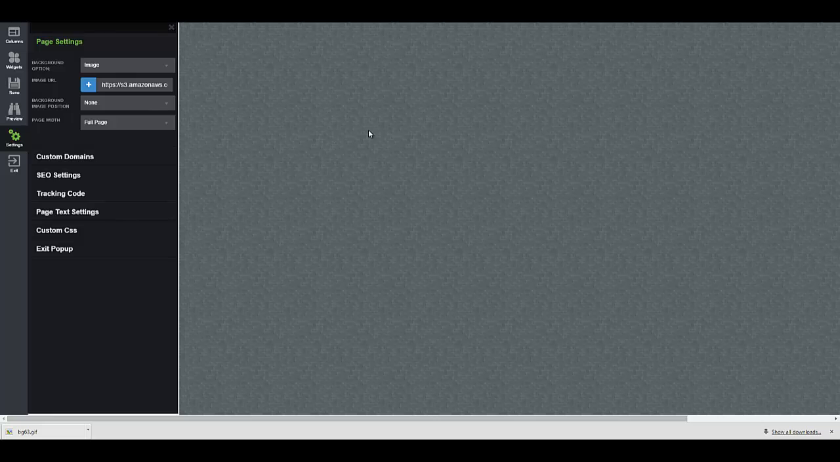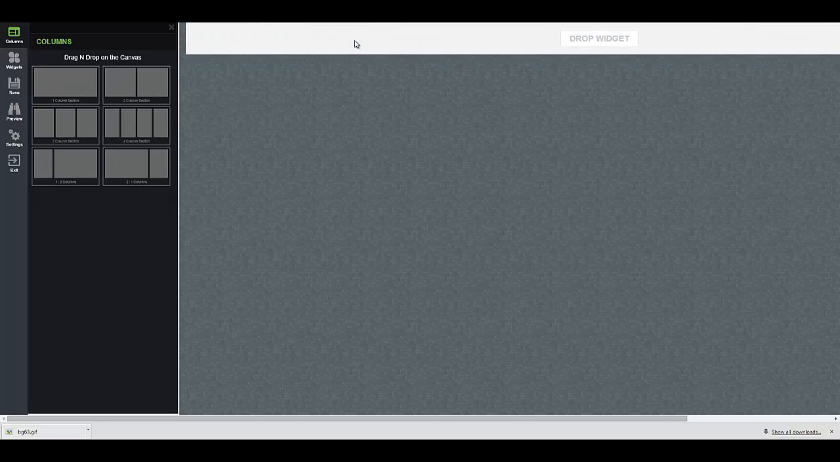Moving on, we want to add a column. So these are all drag and drop. It says drag and drop whatever layout you would like into the canvas. So I'm going to drag the one column section, release,